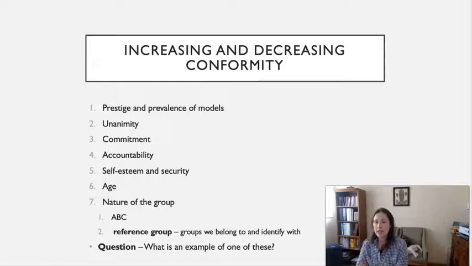So with prestige, this would be if you copy an influencer that you see online, or you do something that a celebrity you like does. That's the prestige part. Prevalence is going to be something like,